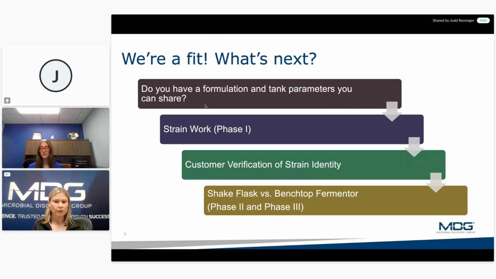At that point, we do usually wait to hear feedback from the customer to ensure that they give us the go-ahead that yes, what we got back from you is exactly what we were expecting. Please move ahead, and we'll go into that phase 2. So phase 2 is usually about 4 to 6 weeks. That's more on our small scale, so we utilize microtiter plates. We can look at shake flasks. We can do even testing in some of our 1.4 liter total volume bioreactors. So we do have some smaller bioreactors that we can do testing in as well during phase 2.